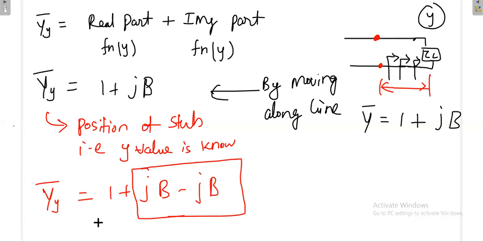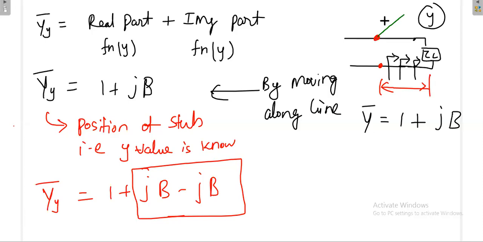You are having 2 admittances. Parallel, yes, very good. Whenever you want to add 2 admittances, they have to be introduced in a parallel format. That's why I am going to introduce the stub not in series with the transmission line, but in parallel, because my stub will introduce some value that has to cancel the complex value provided by the admittance.